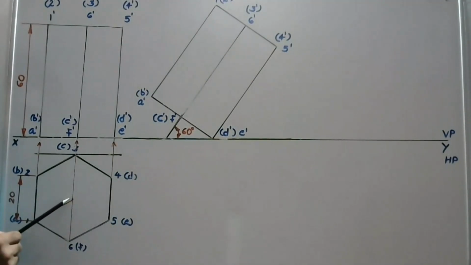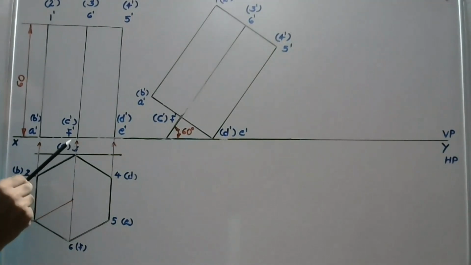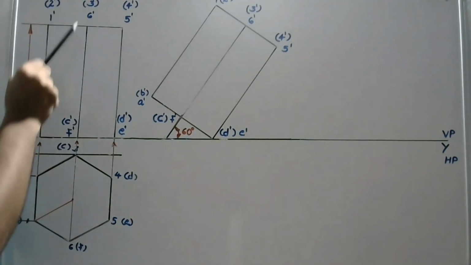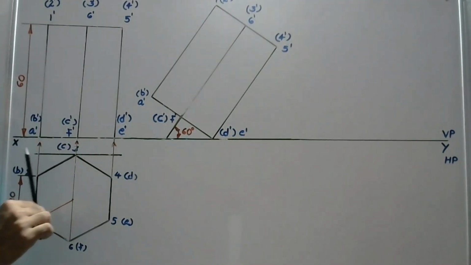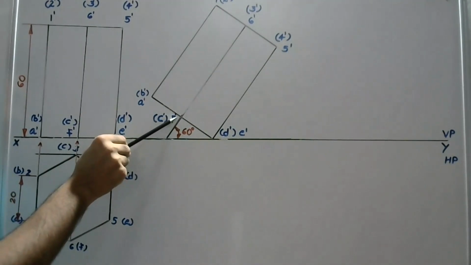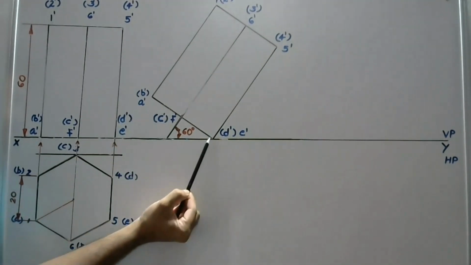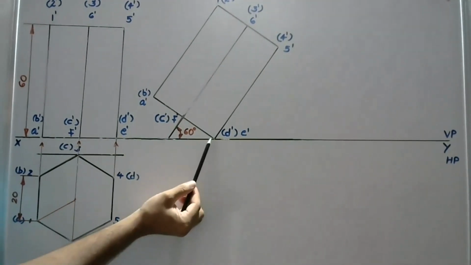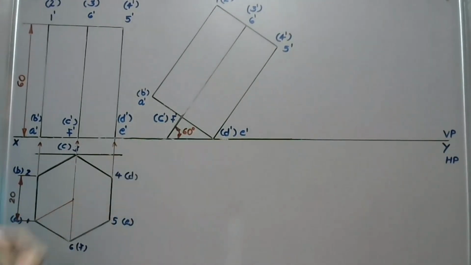In this case, the axis of the solid is not visible in the front view. Instead, we get the vertical edge F dash 6 dash. This vertical edge of the solid, 6F corresponding to 6 dash F dash, is visible instead of the axis. That's why we are tilting the solid 6 dash F dash at 60 degrees. Then we are keeping the base edge on the horizontal plane. So the two conditions are satisfied: base edge on the horizontal plane, axis inclined at 60 degrees. So we completed the second front view.